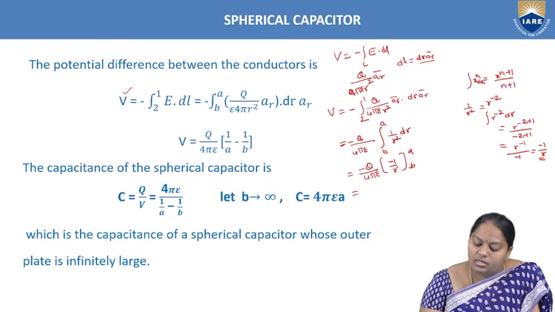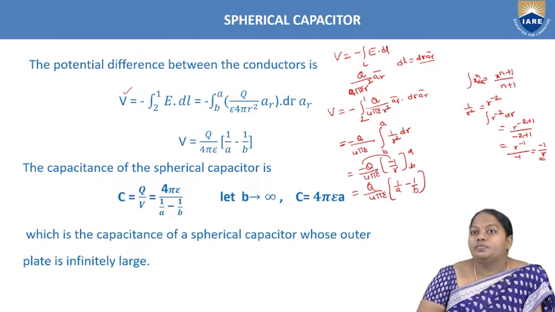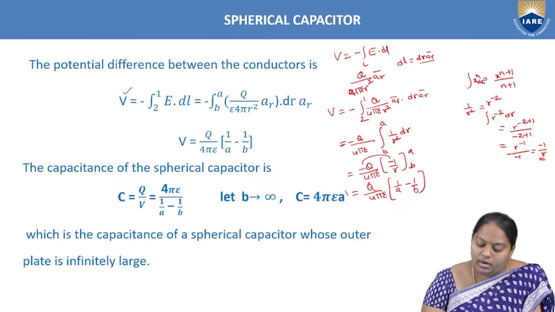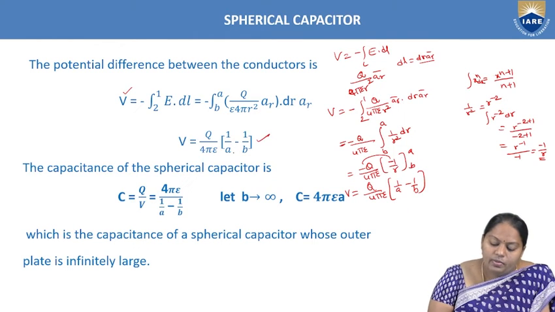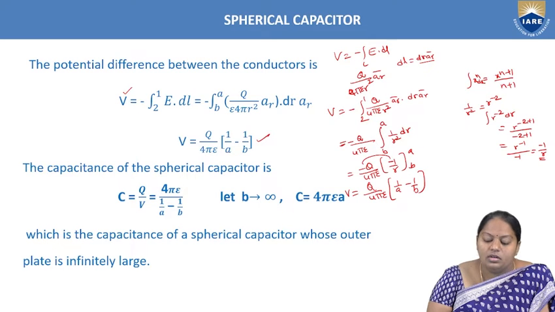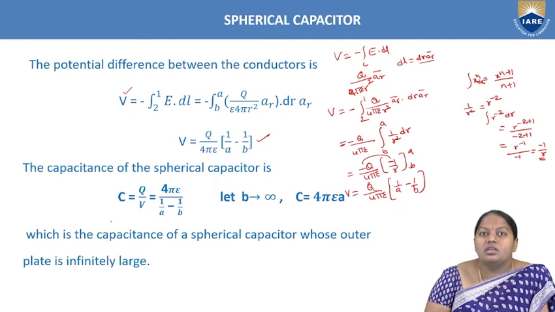Now already the negative sign is there in the formula, minus into minus becomes plus, then Q by 4 pi epsilon. Then if you substitute R by limits A and B, then 1 by A minus 1 by B is the value obtained in the case of electric potential. Hence, V is obtained as Q by 4 pi epsilon into 1 by A minus 1 by B. Now, the capacitance of the spherical capacitor is given by, in general, the capacitance C can be defined as